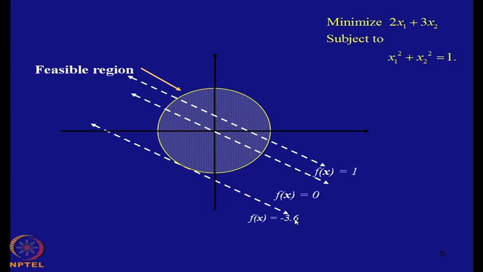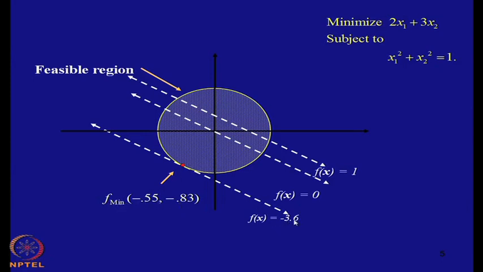coming minus 3.6. If we see here that the objective function, as I said, if it is moving this way, the functional value will always decrease further and further, and at this point minimally the function can move at the most, because that is the point where at the last the function is touching the feasible region. That is why we can declare this point as a point of minimum, and the coordinate of this point is minus 0.55, minus 0.83, and the objective function is minimum, and the corresponding objective functional value